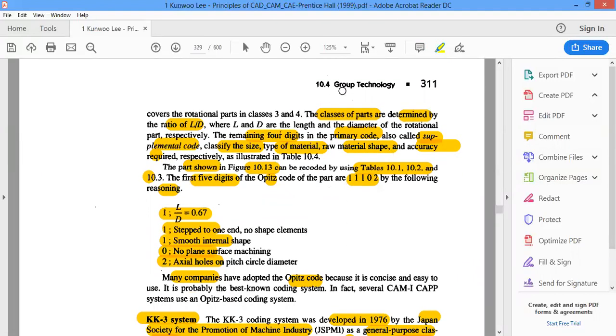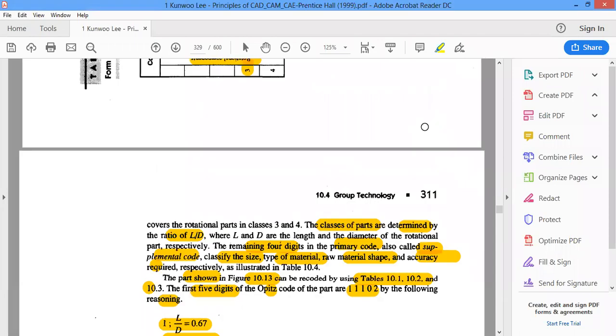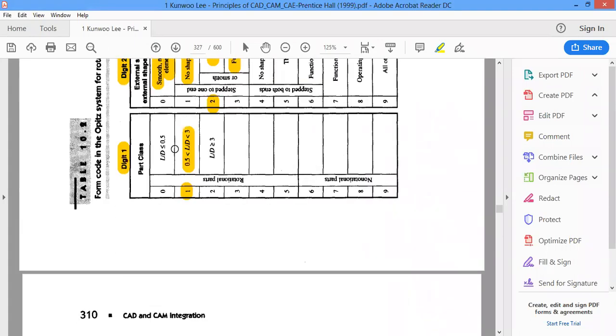So for that particular part, if you look at this, the first 5 digits are going to be 11102, because the first one is going to indicate the L by D ratio. We're going to get it as 0.67. So we have the range over here. Rotational part 0.67, that means 1. So 0.5 to 3, right?